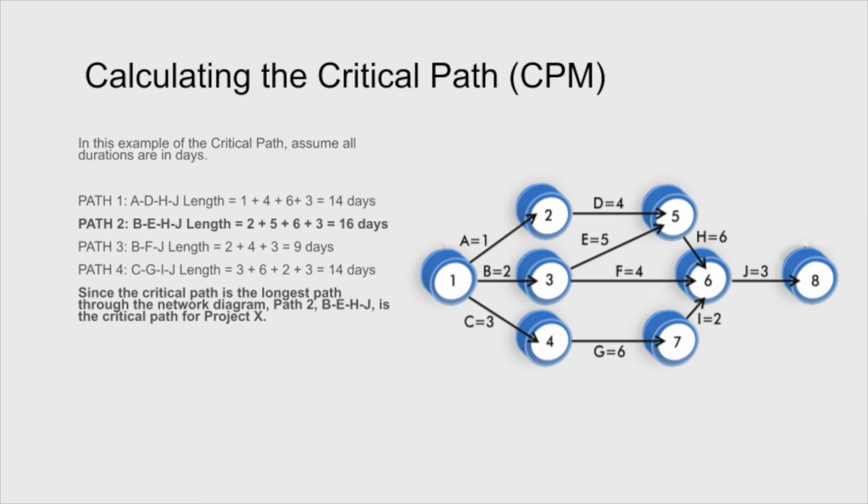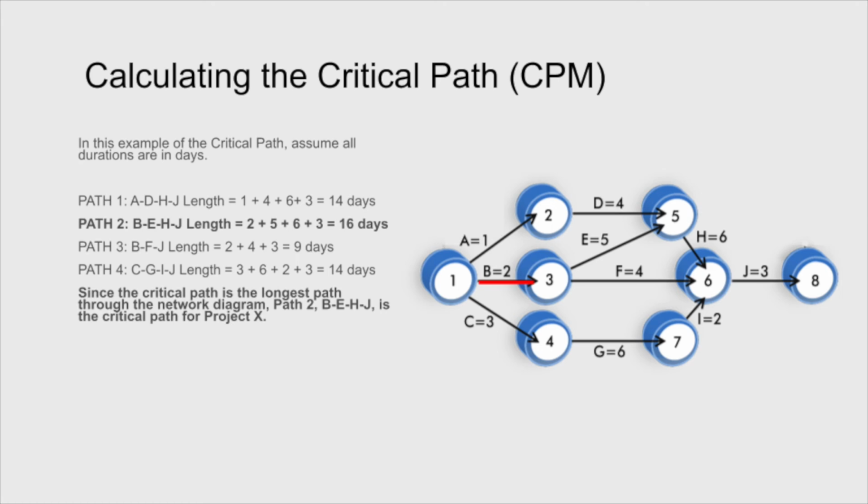So let's take a look at the potential paths here. Well, path 1, we have ADHJ, and that would be A would be 1, D would be 4, H would be 6, J would be 3. That'd be a total of 14 days. Let's look at path 2,